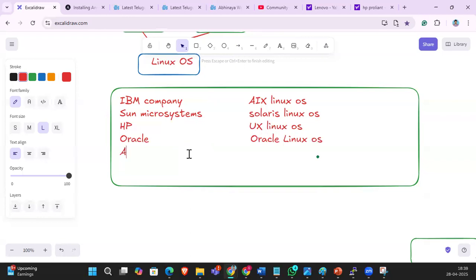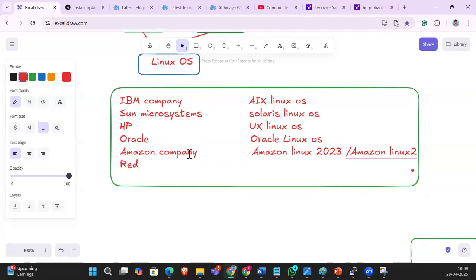The same way, Amazon company also took that source code and created their own OS called Amazon Linux 2023, and Amazon Linux 2.